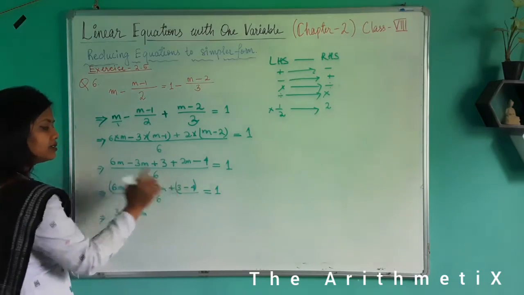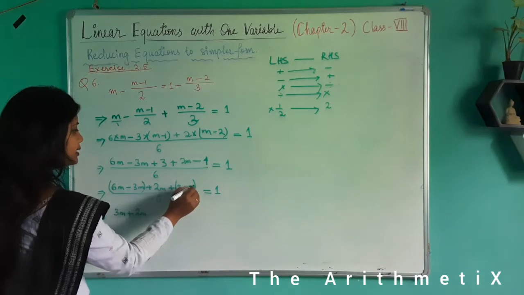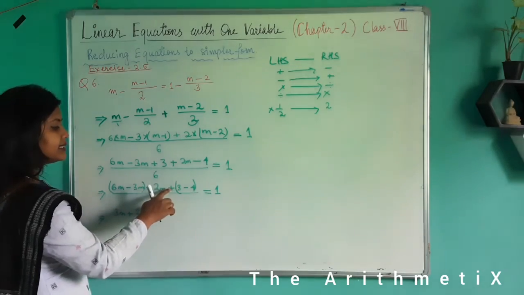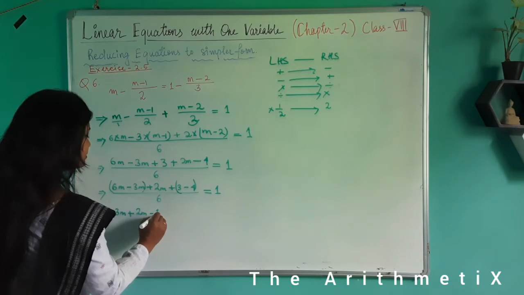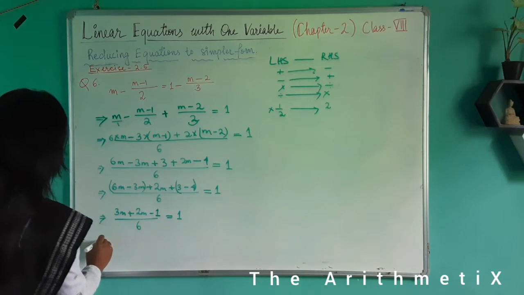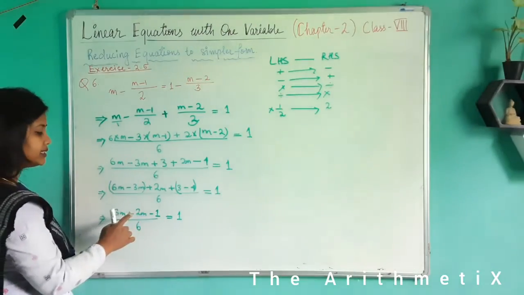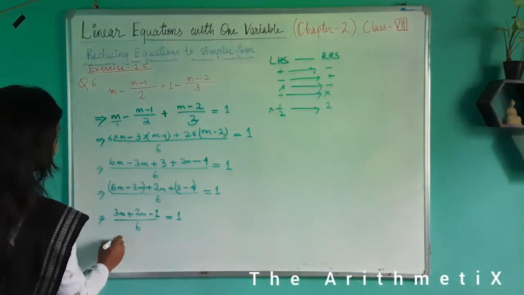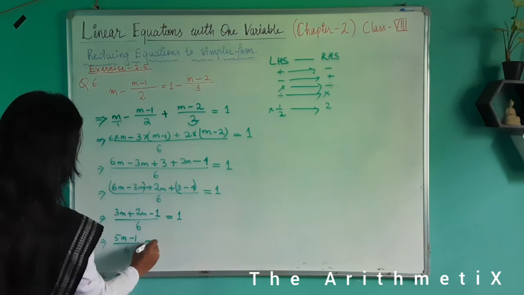Now let us also solve this constant term. 3 is positive and 4 is negative, so the greater number is 4 and that sign has to be there. Then subtract the numbers as both have different signs. So 4 minus 3 is 1. So this will be minus 1. Divided by 6 equals to 1. This implies 3m प्लस 2m। जैसे यहाँ पे सब्ट्रैक्शन हुआ m का, वैसे ही एडिशन होगा। 3 आम में 2 आम जोड़ दें तो 5 आम रह जाएंगे। So 5m minus 1 divided by 6 equals to 1.